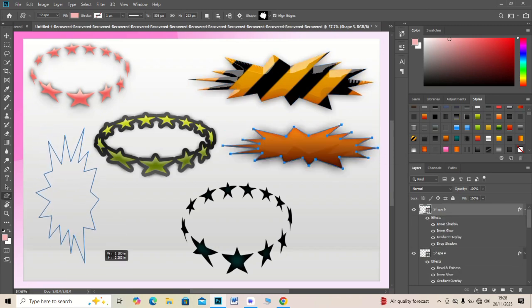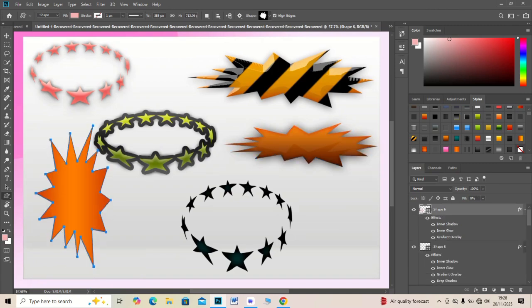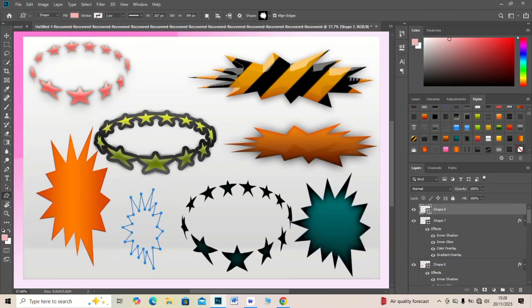Duplicate the line and add a shadow for depth, and also apply color overlay for matching brand colors. Lower opacity to make the divider subtle. Repeat this process to create multiple dividers. This method keeps your UI layer